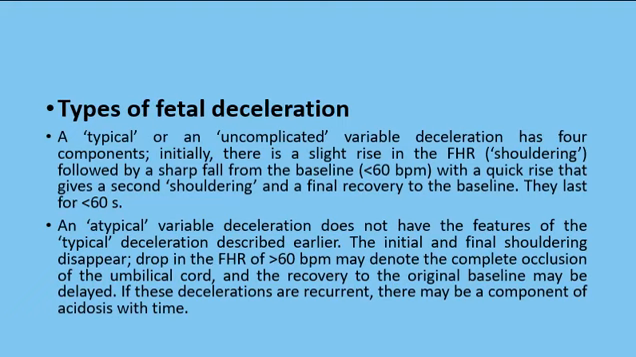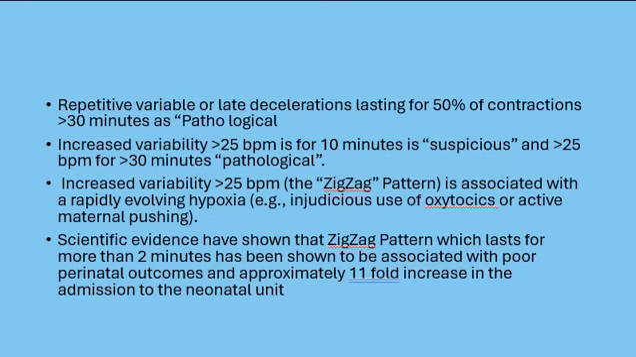Repetitive variable or late decelerations lasting for 50% of contractions for more than 30 minutes are pathological. Increased variability greater than 25 bpm for 10 minutes is suspicious, and greater than 25 bpm for more than 30 minutes is pathological. Increased variability greater than 25 bpm, the zigzag pattern, is associated with a rapidly evolving hypoxia, for example